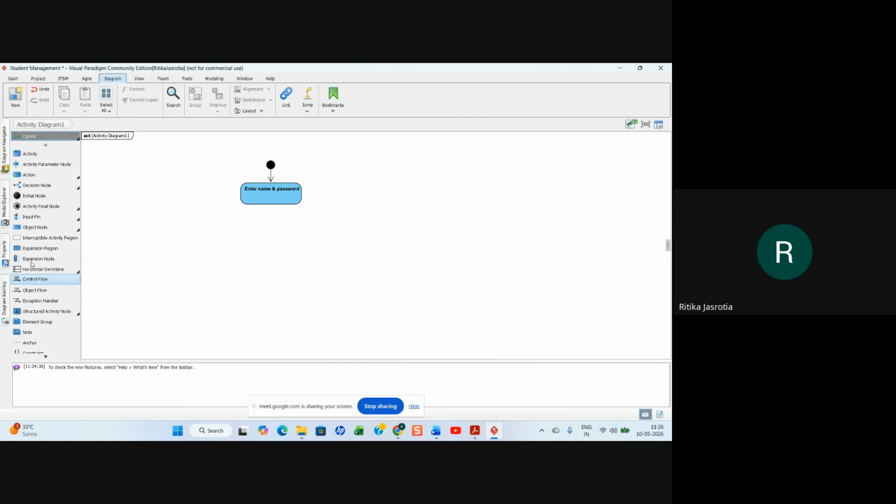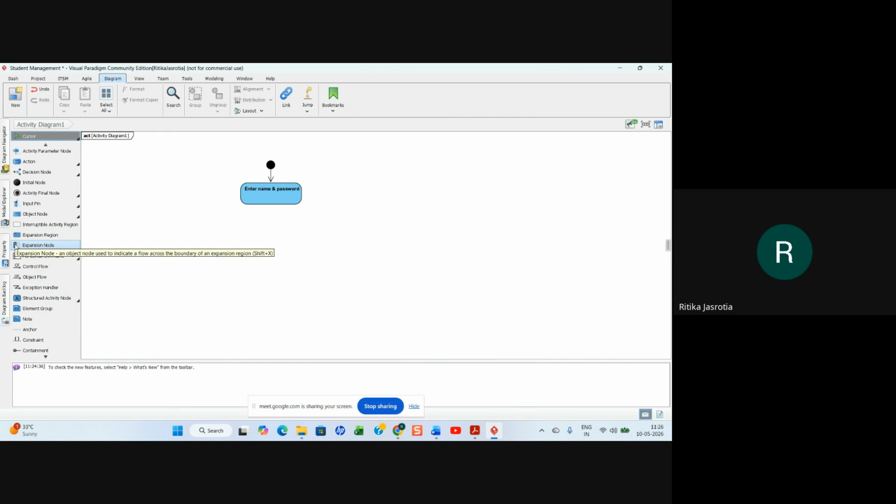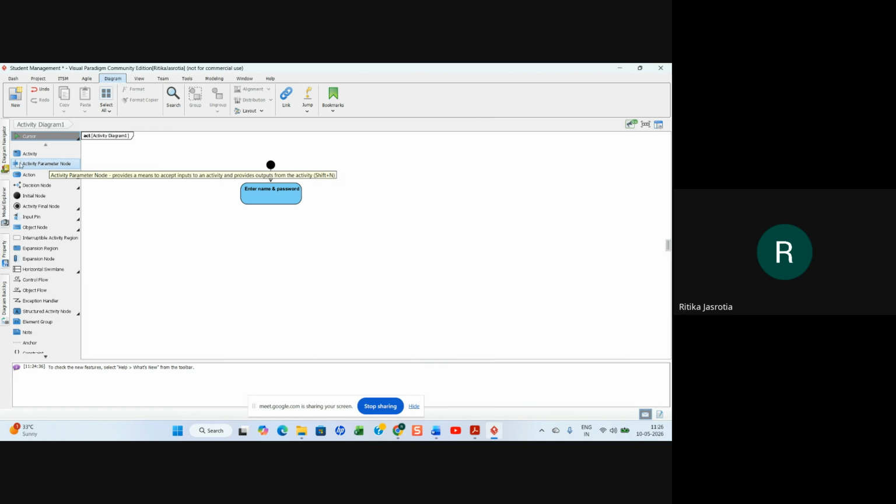This condition part is not there. This is the decision.